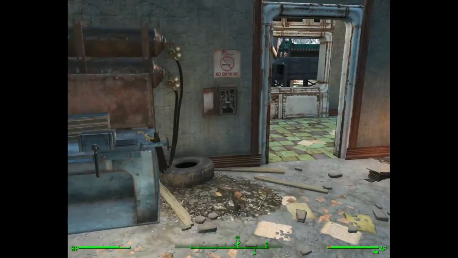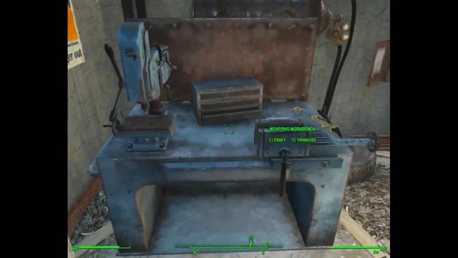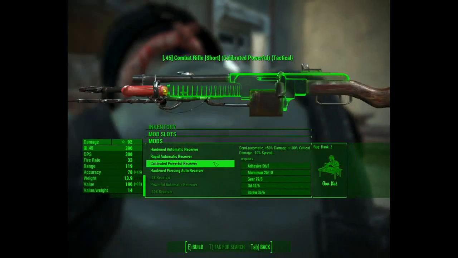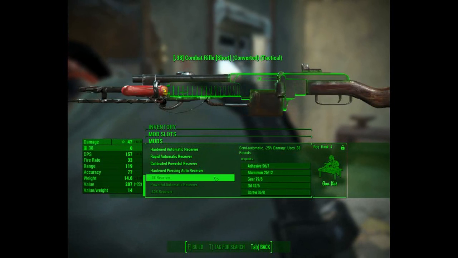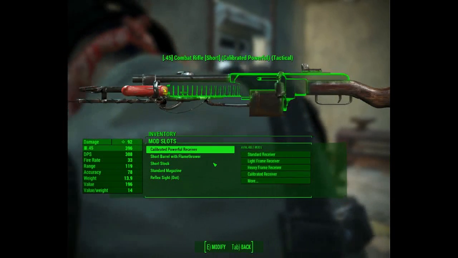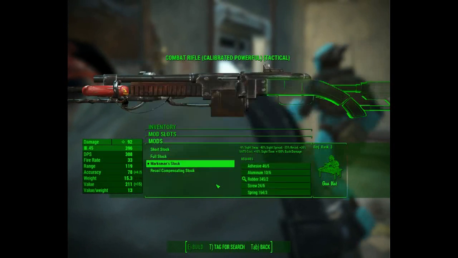Ladies and gentlemen, I'm back. I've finally reached Red Rocket. I had to redo a section because something horrible happened: I came here to my weapons workbench and attempted to switch from the powerful receiver to the calibrated powerful receiver, and accidentally crafted a .38 receiver, which managed to use all my aluminum, which was not brilliant, so I've elected to just go back, and then I ended up using slightly more of my